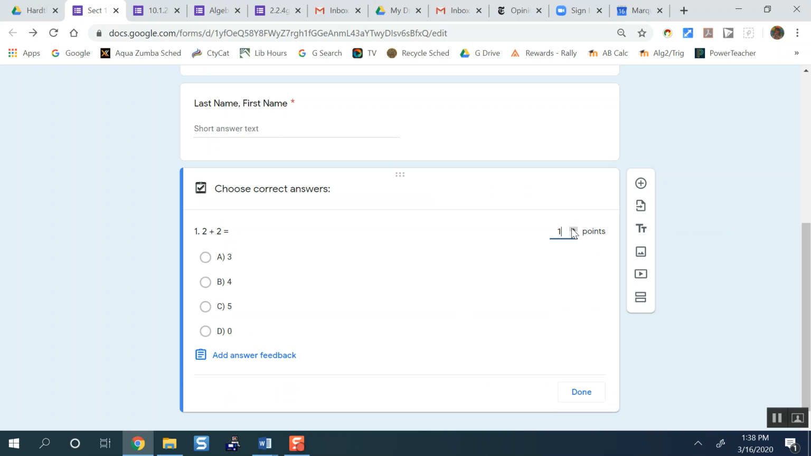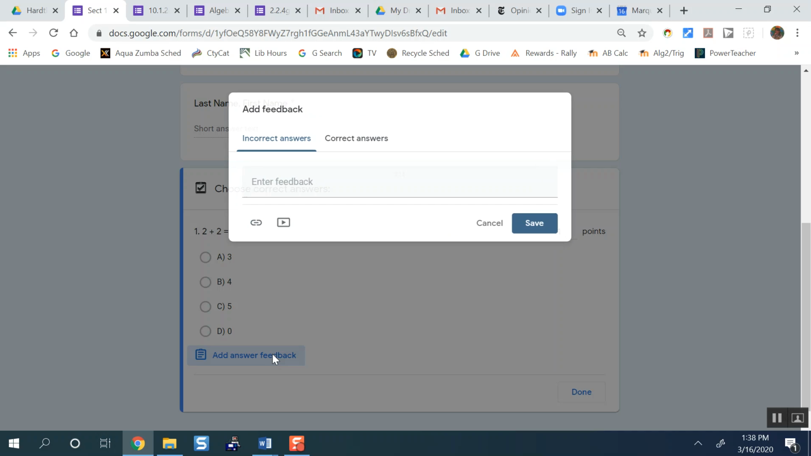So if it's simple homework practice, you might just let it score each one as 1 point, but they can all have differing point values, but it's all or nothing on a multiple choice question. Click if you wish to add answer feedback. Incorrect answer. Sorry,